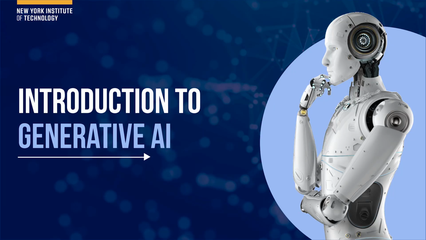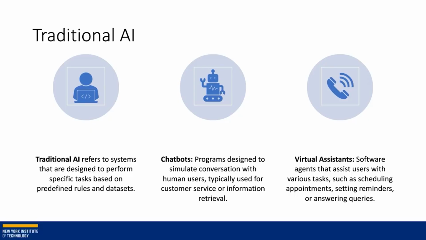So for today's training, we are going to talk about the introduction for generative AI. So first, there's two different types of AI. The first one is traditional AI. And traditional AI refers to systems that are designed to perform specific tasks based on what the data sets they